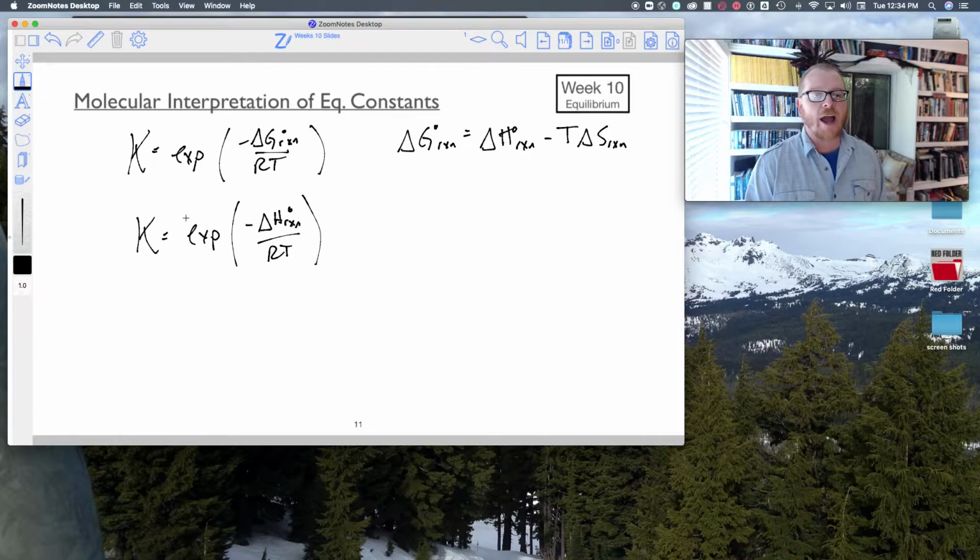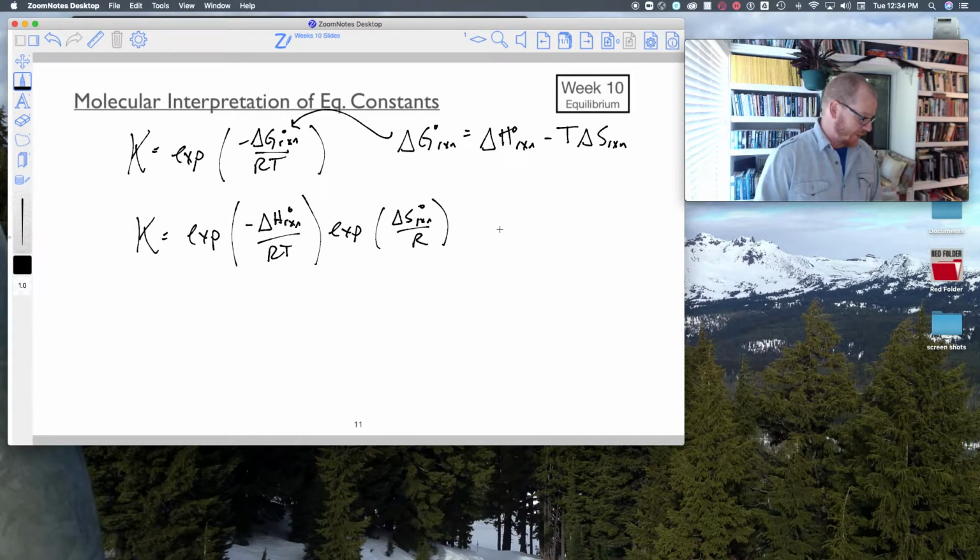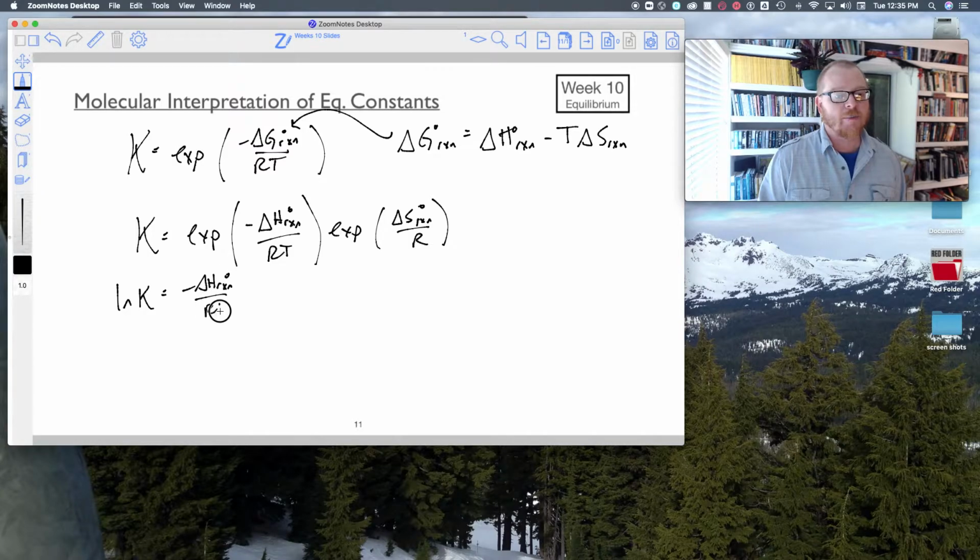Okay? So now I can rewrite this expression, plugging this into delta G, and I get the following: exponential of the negative delta H divided by RT times the exponential of delta S of reaction, just divided by R, because I have that T times delta S. All right? And so now what we can get out of this, through graphical analysis, if I take the natural log of both sides, then I get the natural log of K is equal to the negative delta H of reaction divided by RT